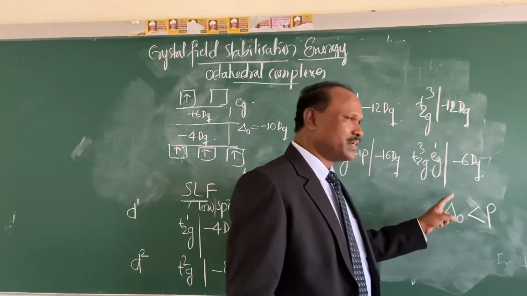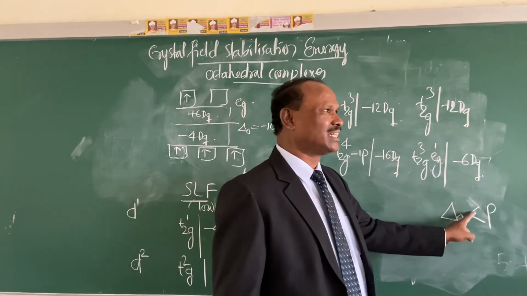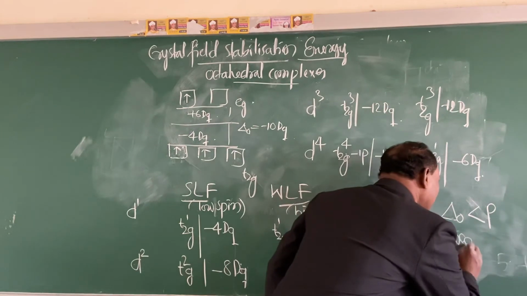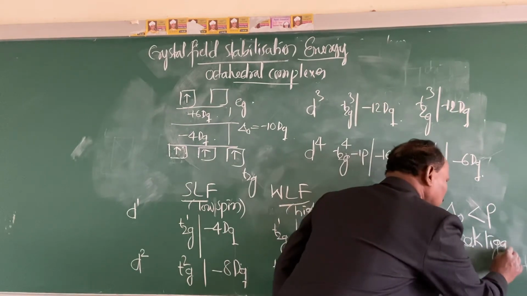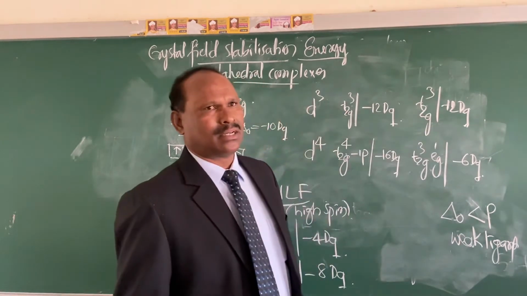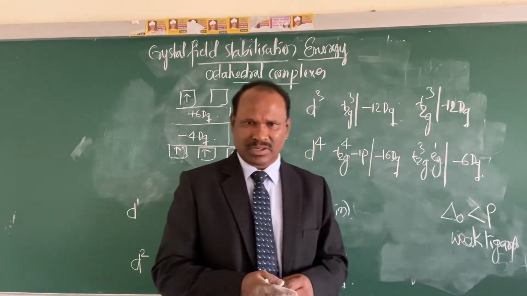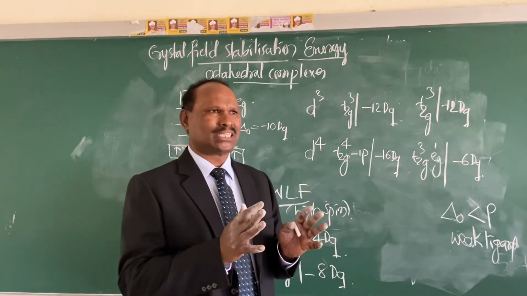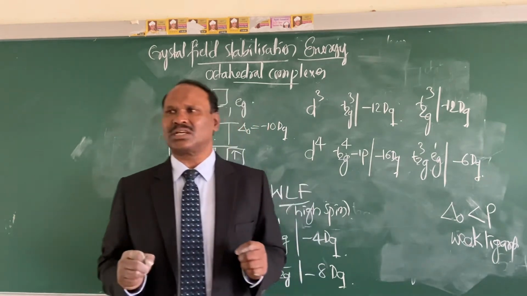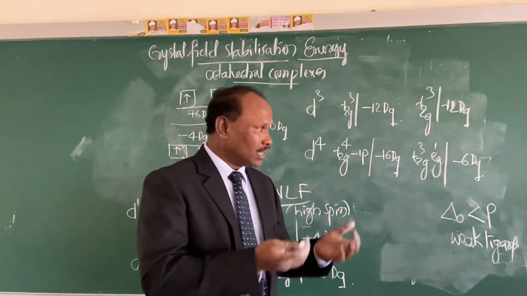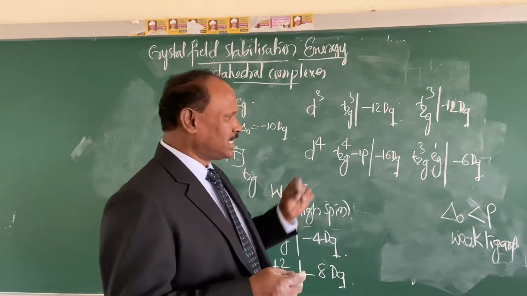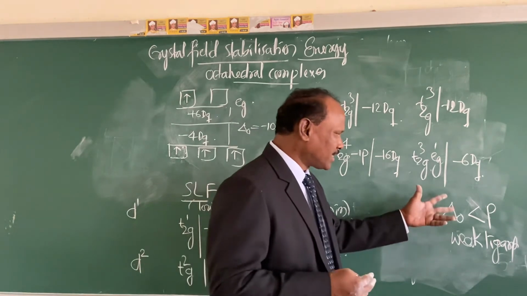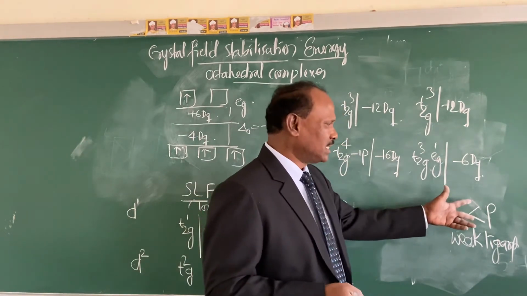That means if the crystal field stabilization energy is less than the pairing energy, then the ligand is said to be a weak ligand. Follow this definition. The other theory that we have learned, valence bond theory, could not explain why some ligands are called strong ligands and why some ligands are called weak ligands. Right? Now here, the crystal field theory is giving us the definition. So what is a weak ligand? A ligand in which the crystal field stabilization energy is less than what?